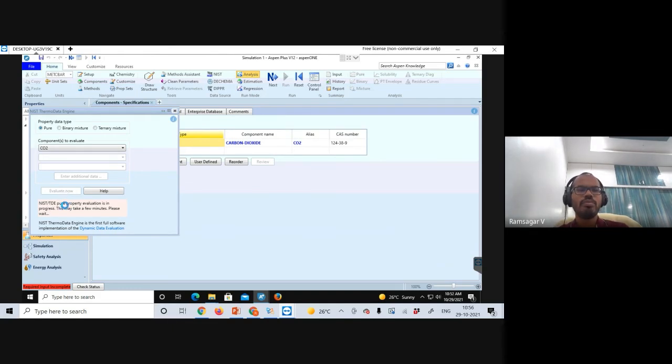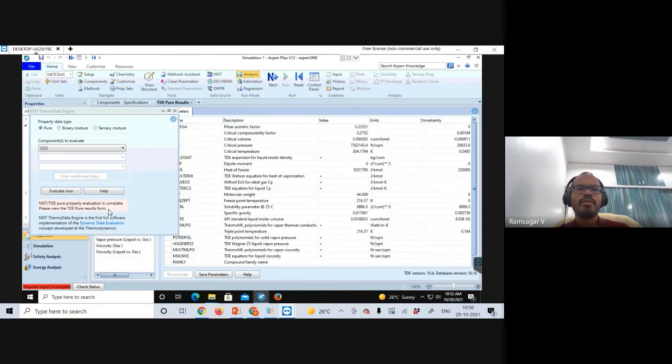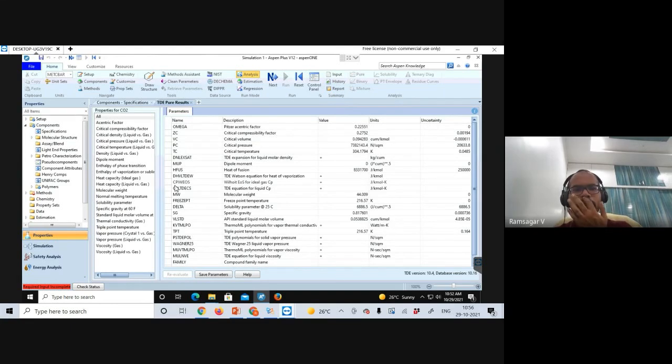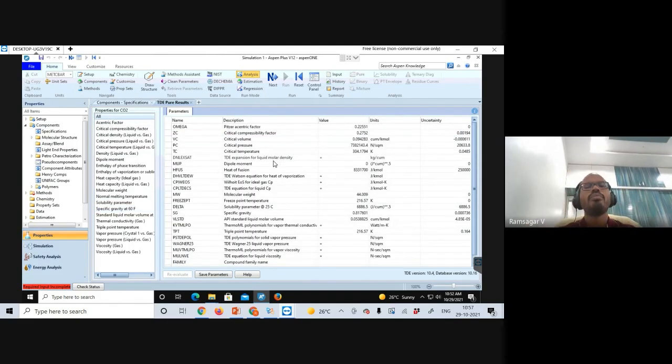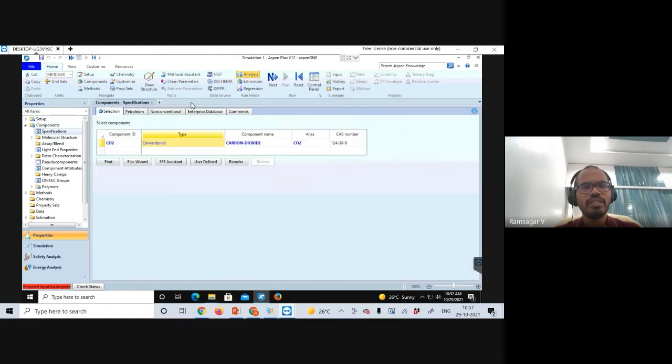You can see NIST pure property evaluation is in progress. So these are the results. You can see whatever properties you want related to CO2, right? Pure component properties you can easily calculate by using this. These are pure component properties, and we also have temperature dependent properties, like viscosity, heat of formation, and all those things, but those are not calculated here. If you want to calculate temperature dependent properties, you can do that by